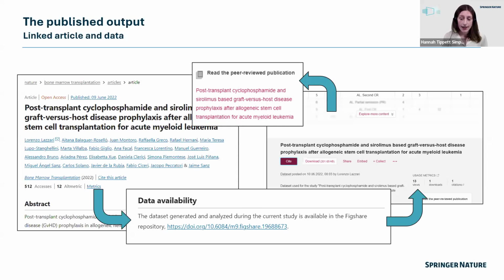You can also include a reference, a citation. And then on the other side, the Figshare dataset links back to the peer-reviewed article. So this creates a very transparent and traceable connection between the data and the findings, making it easier for others to explore, validate, and I guess build on your work.